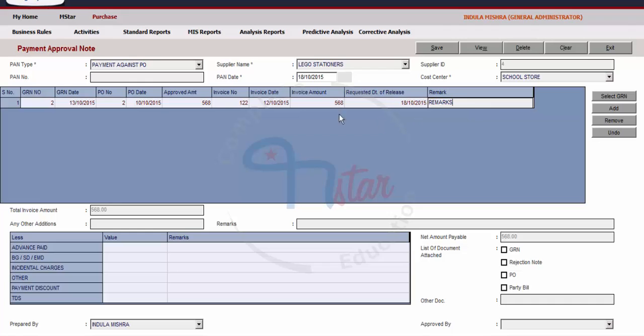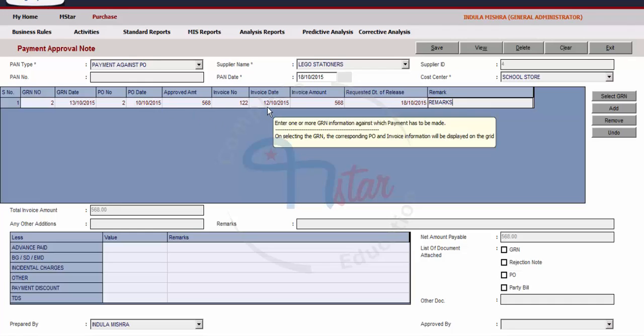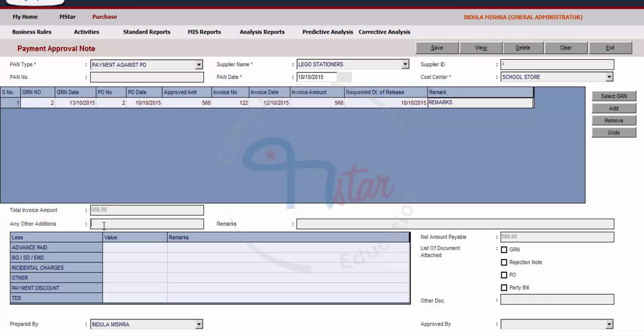After entering these details or updating the details for the GRN for PAN, enter any other additions to be added to the payment approval note. In this, you can enter a maximum of 10 characters and up to 2 decimal places.